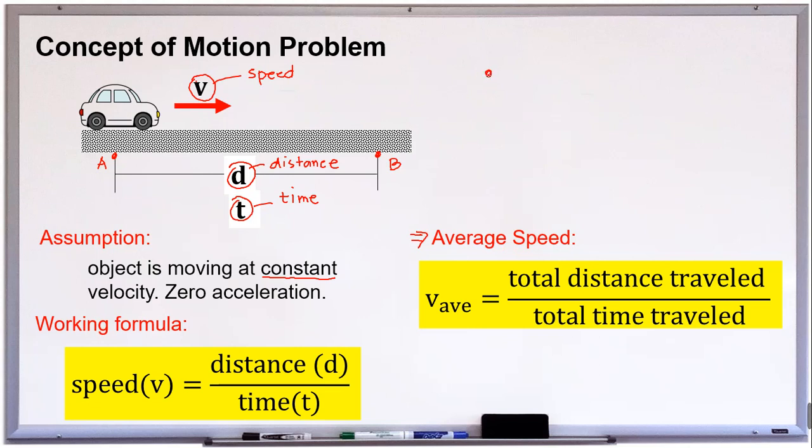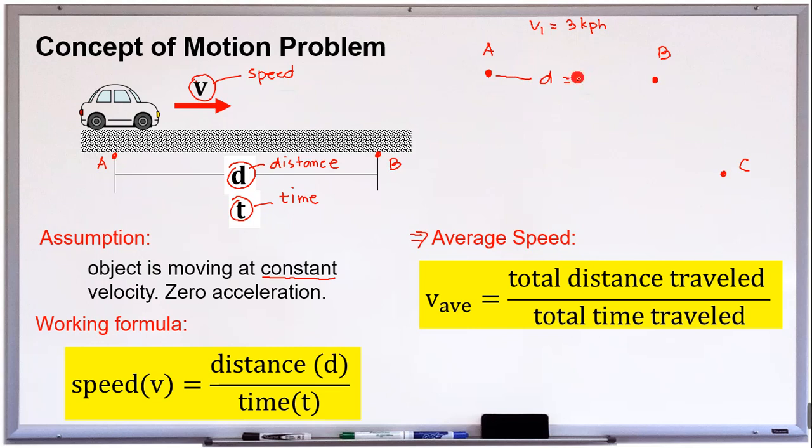Let's say we have an object that travels from A to B and then to C. Say, for example, from A to B, the object has a speed, say v1 is equal to 3 kilometers per hour. And then the distance from A to B is, let's say, d is equal to